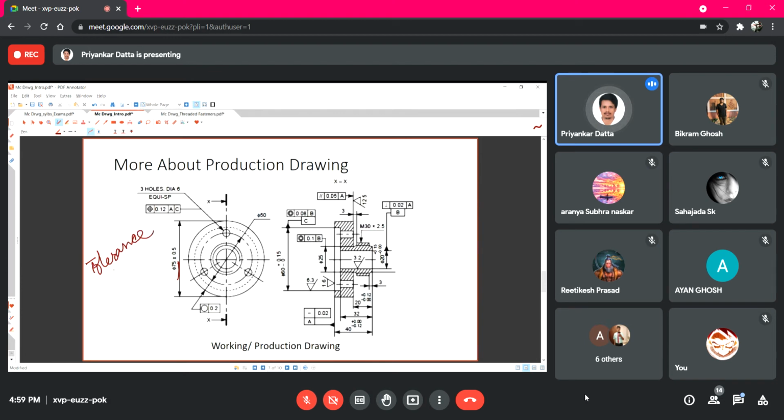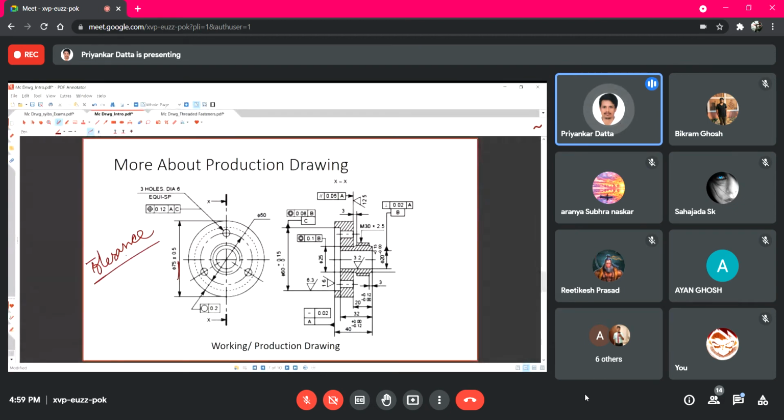Once you go into metrology classes at a later stage, you will learn about limits, fits, and tolerance. This tolerance is important because while we are designing, you can get some particular mathematical value based on your calculations.